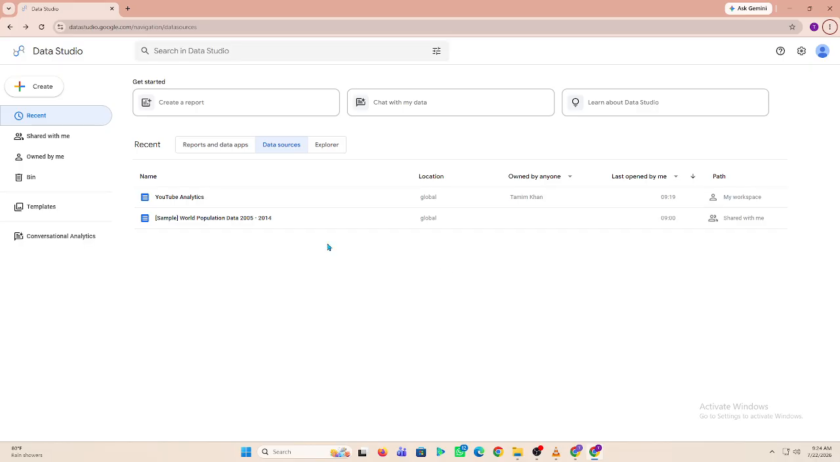Finally, save your report and share it with others, and that's how you add tables in Looker Studio. With customizable tables, you can display detailed data and create more useful